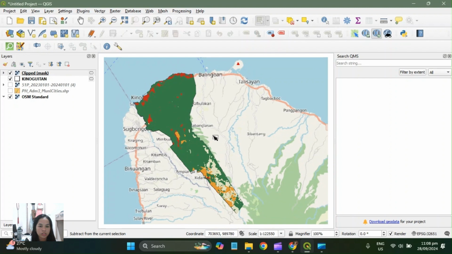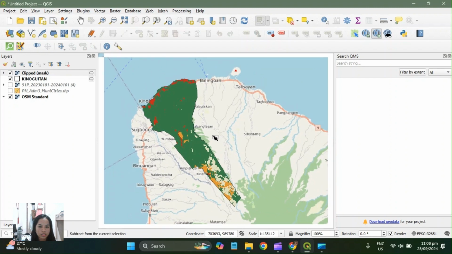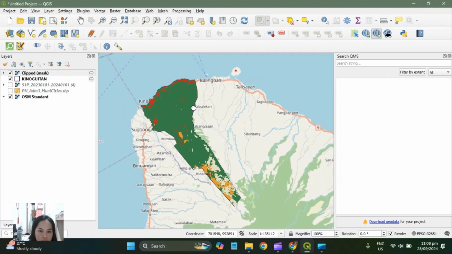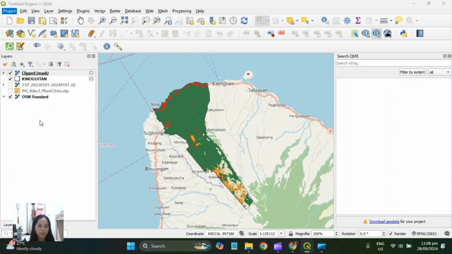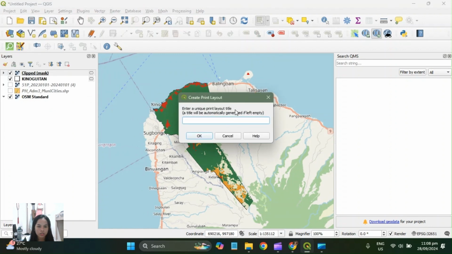So after this, we need to click the project and go to the new print layout. This will show up the prompt to enter a unique print layout title. So the same, Kinugitan.